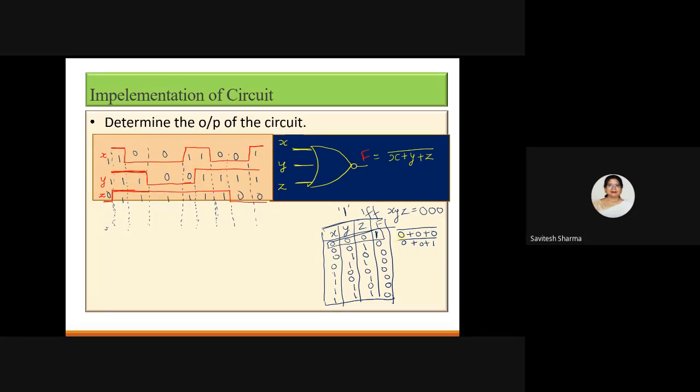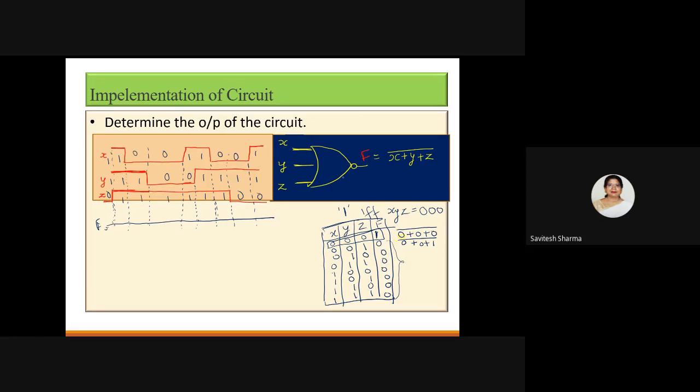So you see that here no case is there where X is 0, Y is 0 and Z is 0. All 0 is not there. So that means in every combination you will get 0 only. So you have only one line as the output for F. Is it clear? You will have a 0-level line only, because all the cases relate to these combinations, meaning every time it will produce 0. So you will show a 0 line as the output.